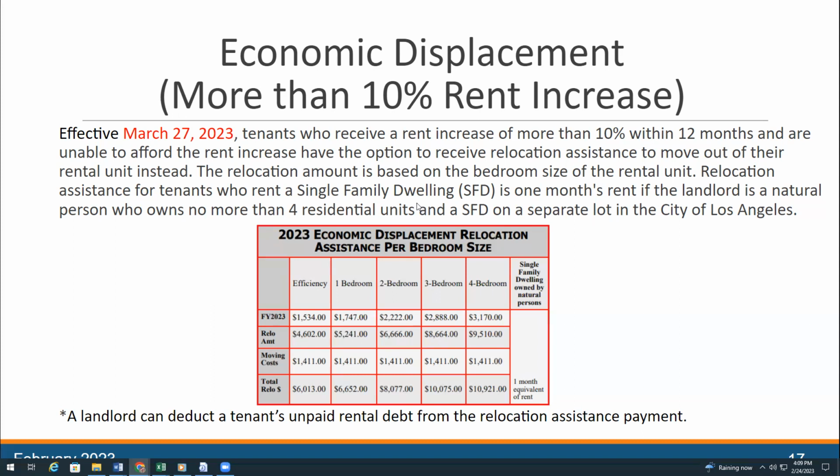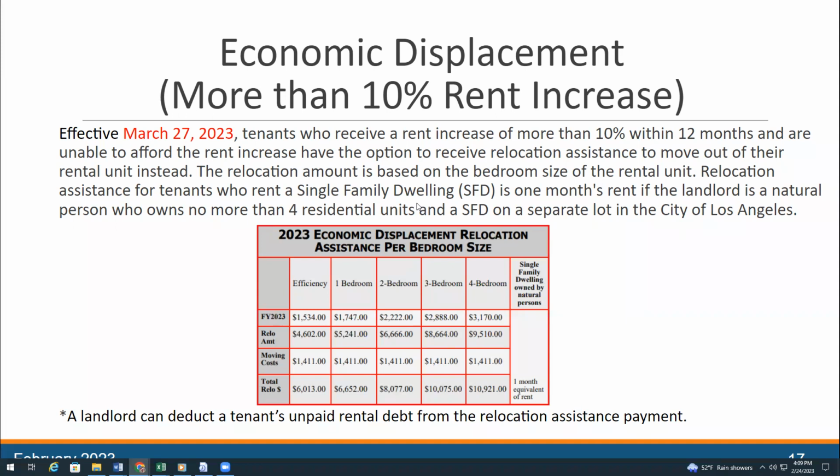For that particular tier, the tenant has to live in a single family home. And if that's the case and the landlord is a natural person who owns no more than 4 units and a single family dwelling on a separate lot within the city of LA,